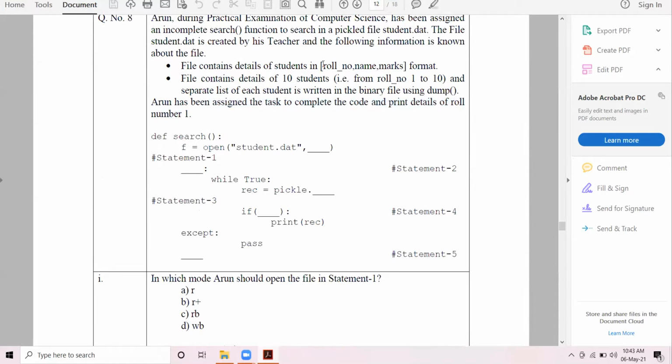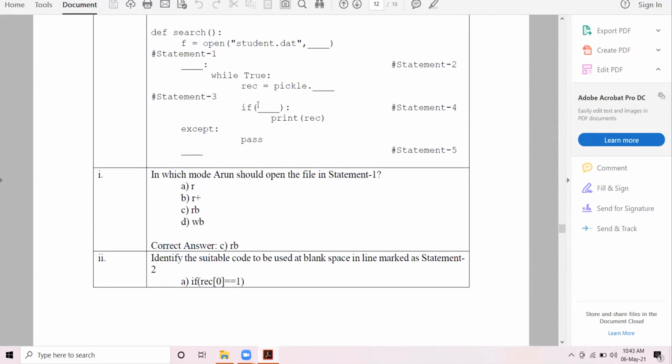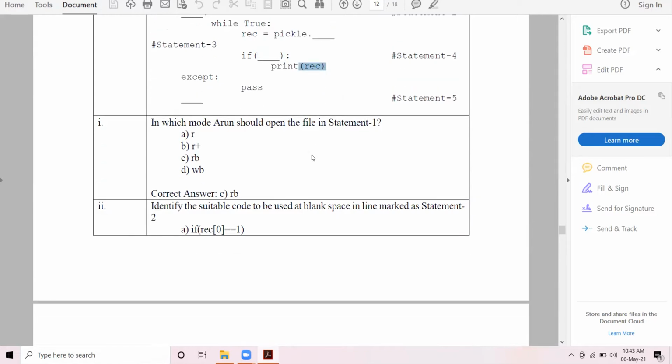We are to search on the basis of roll number. So roll number has index 0, name has index 1, marks has index 2. Okay? So in this function, which condition will be made so that our detail record gets printed?